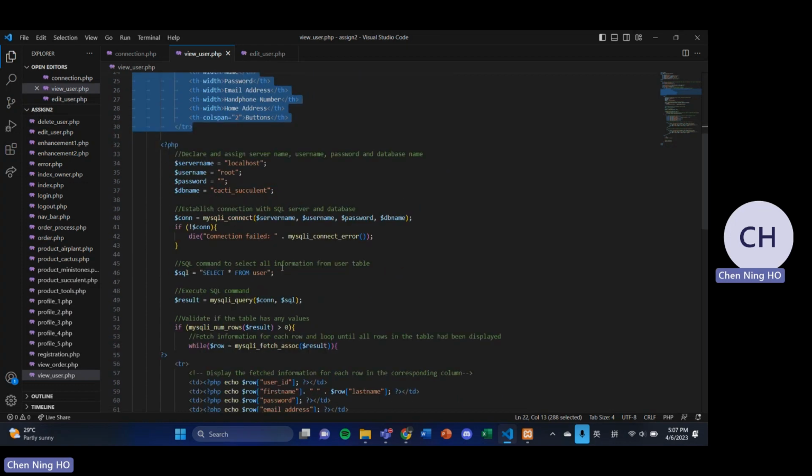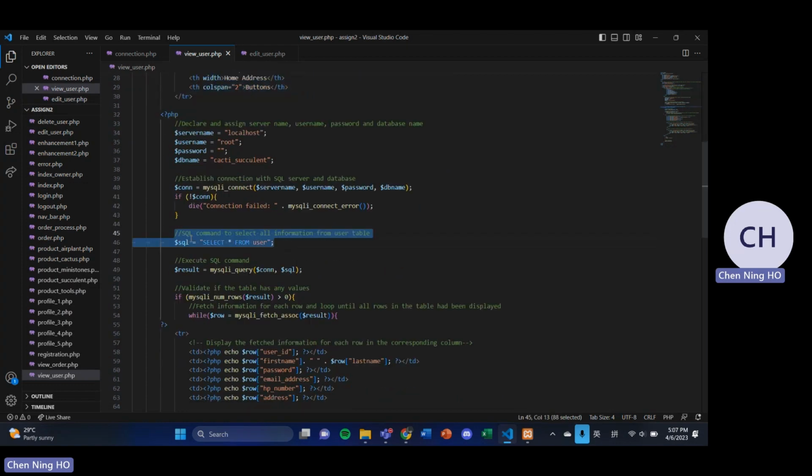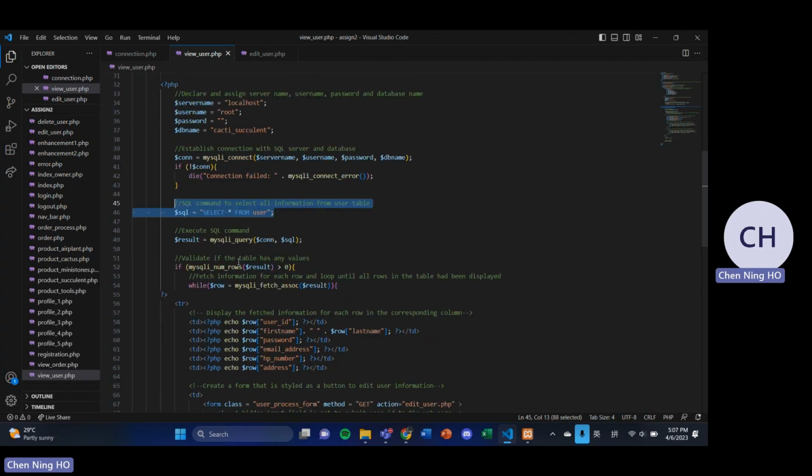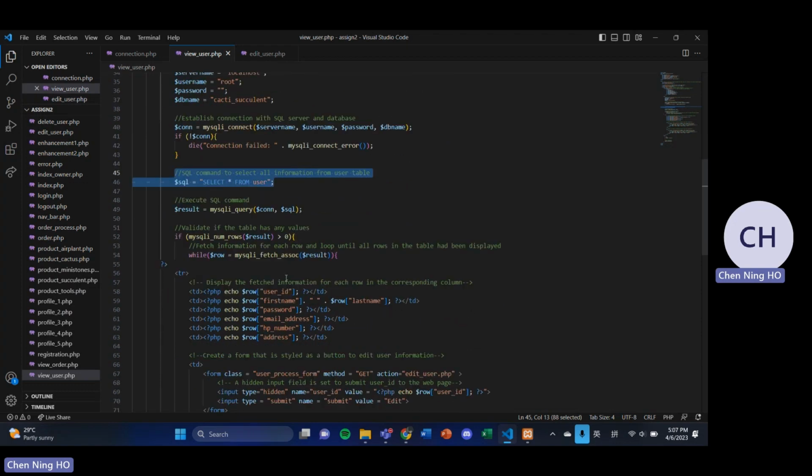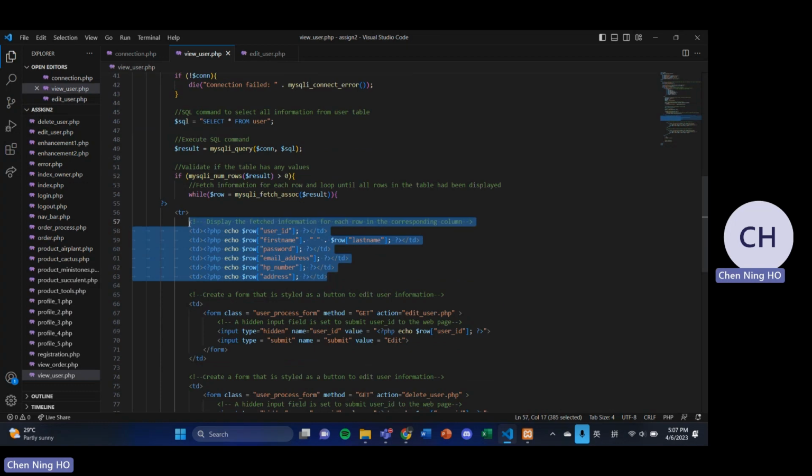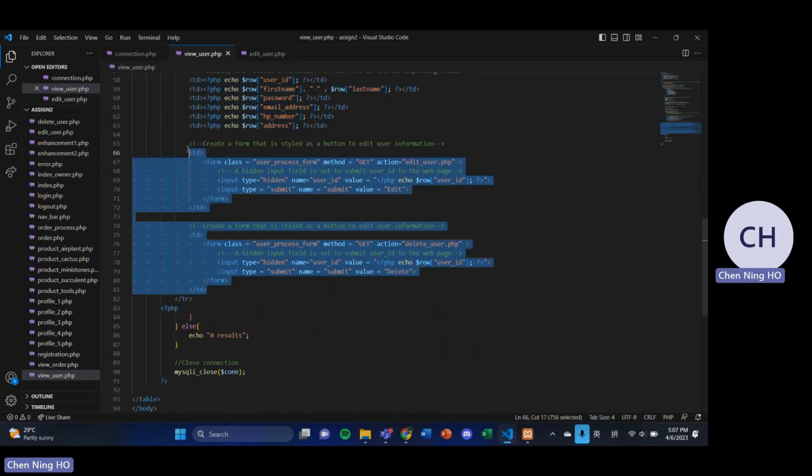Then I will execute the SQL command to select all information from the database table, and for each row of the output, I would append the information into each row of the created table. Each row will also have two forms that are styled as buttons to allow the owner to edit and delete